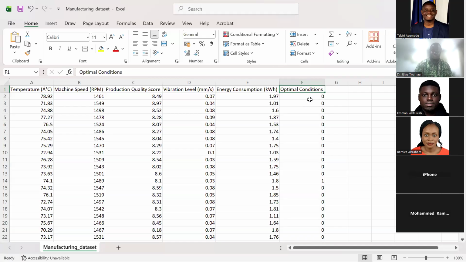So here we are using 0 to represent a failed manufacturing process, and 1 to represent that at the end of the day the thing passed right through the manufacturing process. Just like a simple system, you have a machine. You were able to get some sensors on the machine. You've been able to monitor the temperature, the speed, and everything. And at the end of the day, depending on the